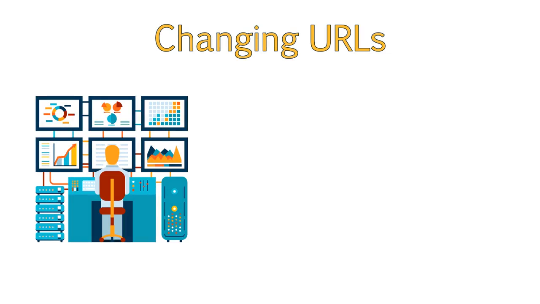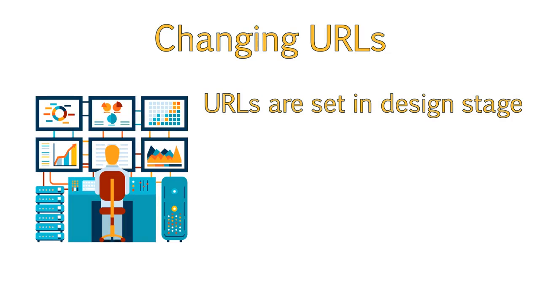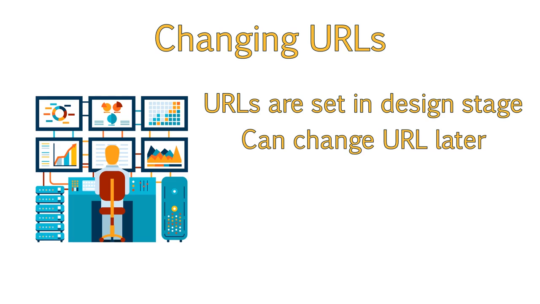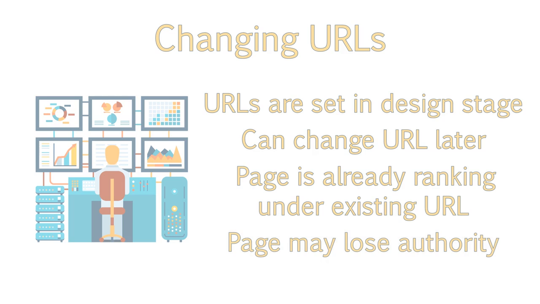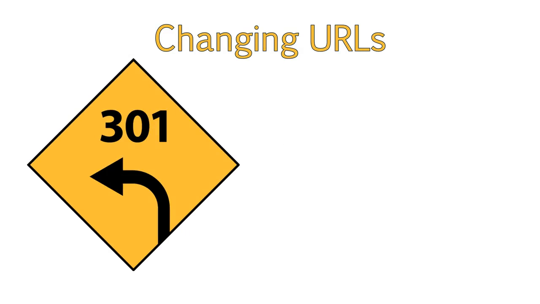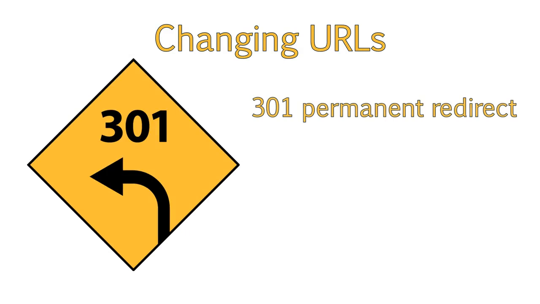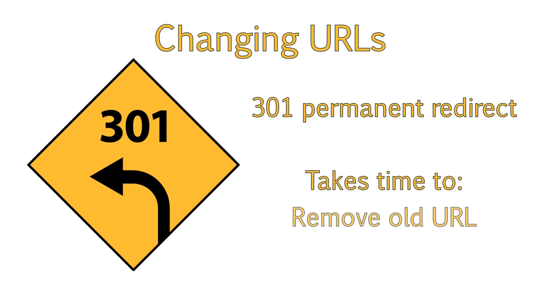Unless we as SEOs have been brought in during the design stages of a website, which is unfortunately a rare occurrence, we have little to say in how URLs are displayed and what subdirectories are created. You can always change the URL after the fact, but remember, that page is likely already ranking under the existing URL. Changing it later would mean it would lose some of the history and authority it has built up. If a URL is changed, it is best to ensure it is redirected using a 301 or permanent redirect. Once that occurs, it would take time for Google to remove the old URL from the index and index the new one. Due to this,